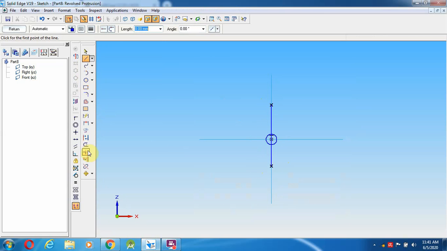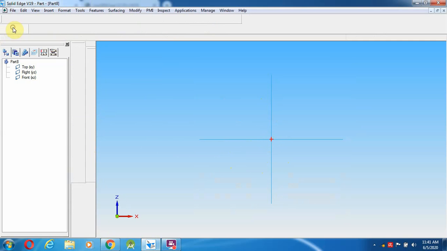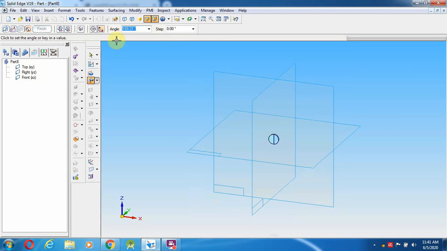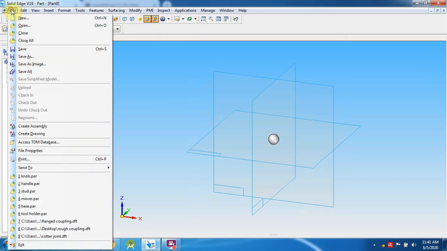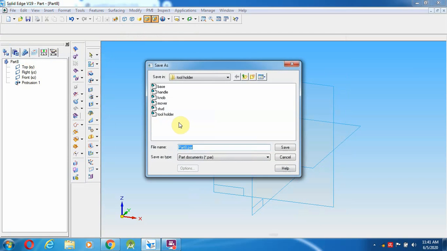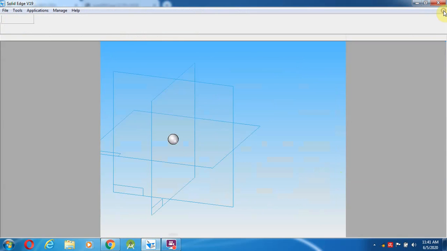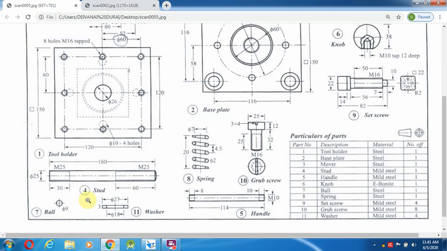Select a trim option. So trim here the bottom. Select the axis of revolution as this line. Going to give return, angle as 360 and left and right plane. Okay, so this ball you can save as ball itself, having 9 mm diameter ball. Okay, so then you can close it. Go for the next one after the ball, 7th, 8th, the helical spring.